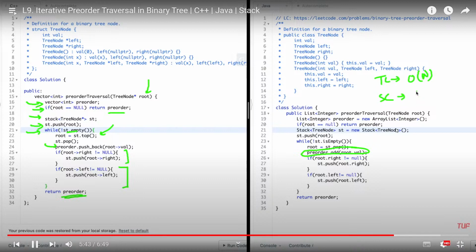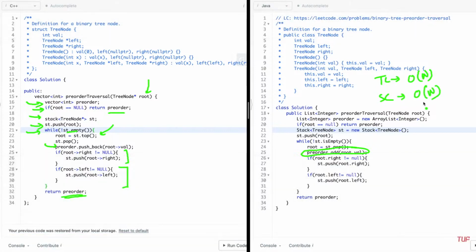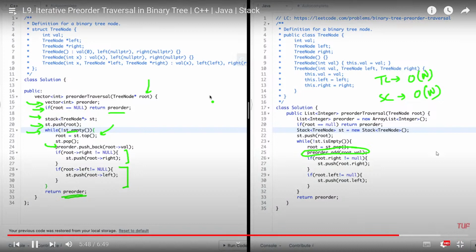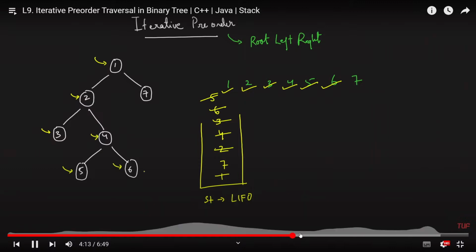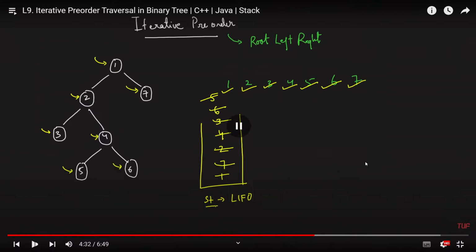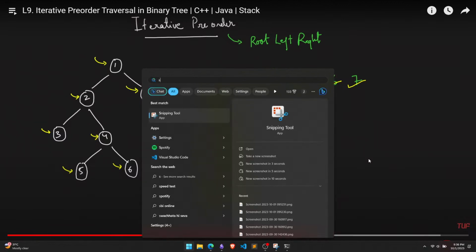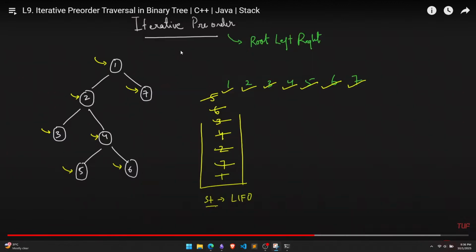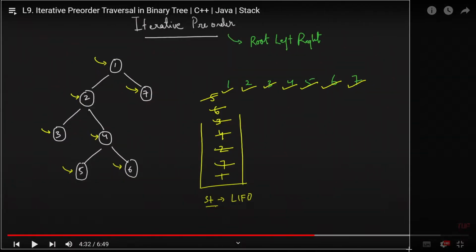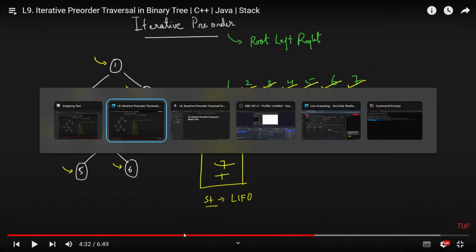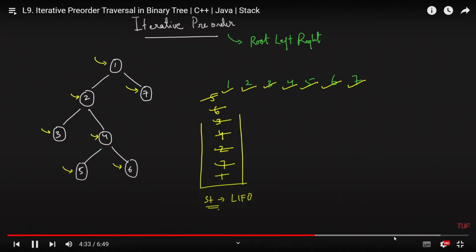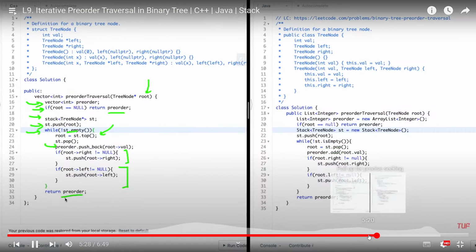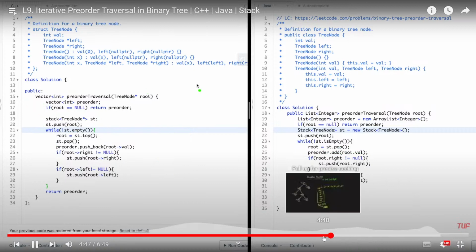I can say the space complexity at the worst case is big O of n. The worst case of space complexity will happen. Just imagine if you have something like this, topmost element. The next traverse is also done. Now does 6 have a left, you see the stack. Alright, so basically return the answer. Iterating on the stack until it is empty. The Java code is on